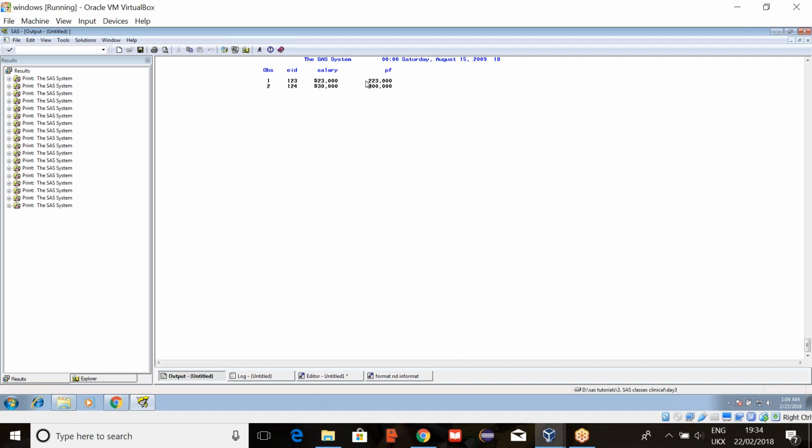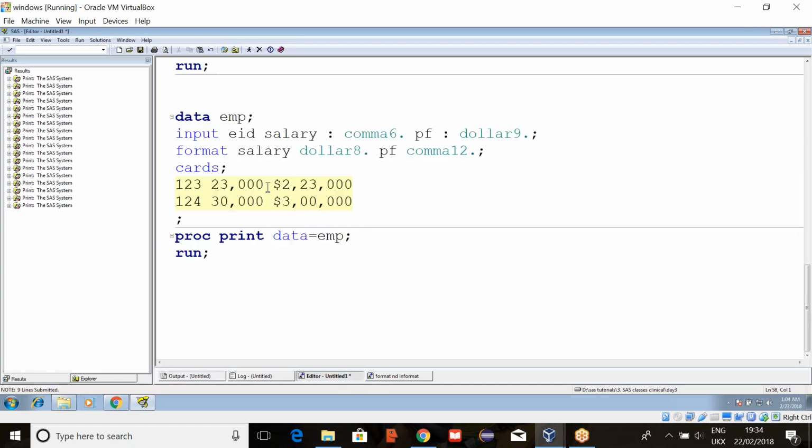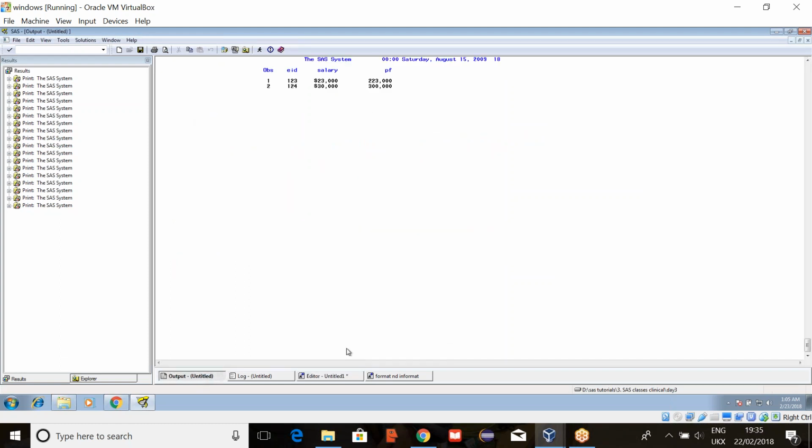Remember here PF, how many characters is it printing? 1, 2, 3, 4, 5, 6, 7. But what length have I given here? 12. It is not mandatory that it has to take all 12 characters. Depending on the number, whatever the best reasonable way is, it will print like this.